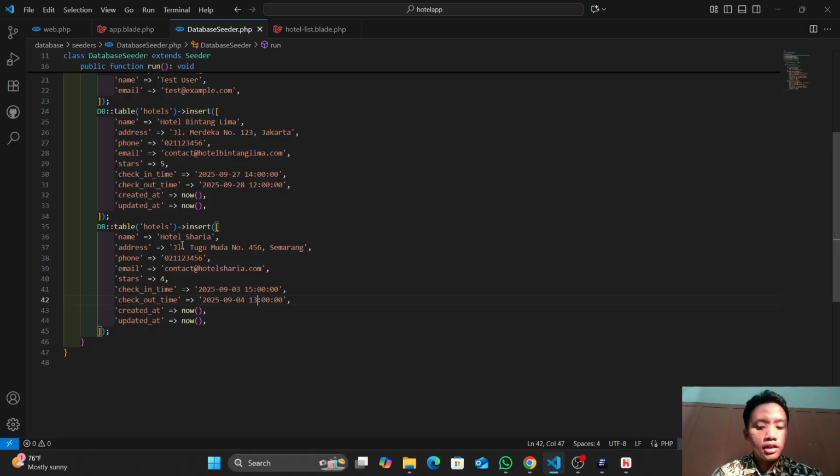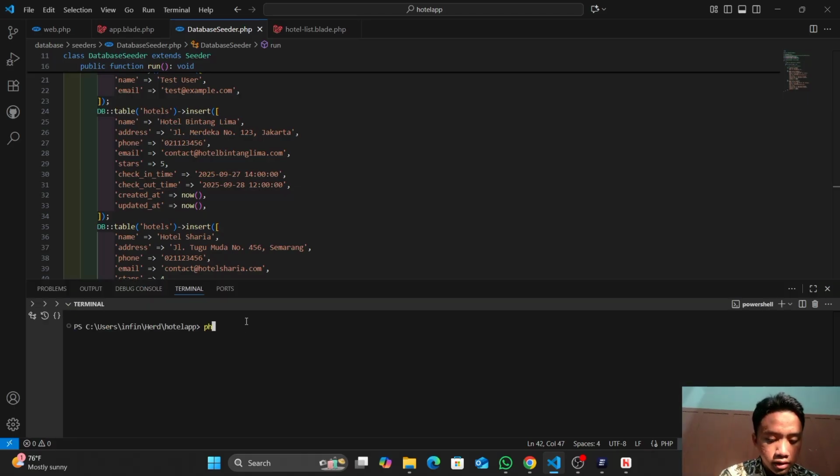But in the factory, the data is unpredictable. But in the database seeder, you can modify the data. It's up to you. You can use either, or you can use a factory.